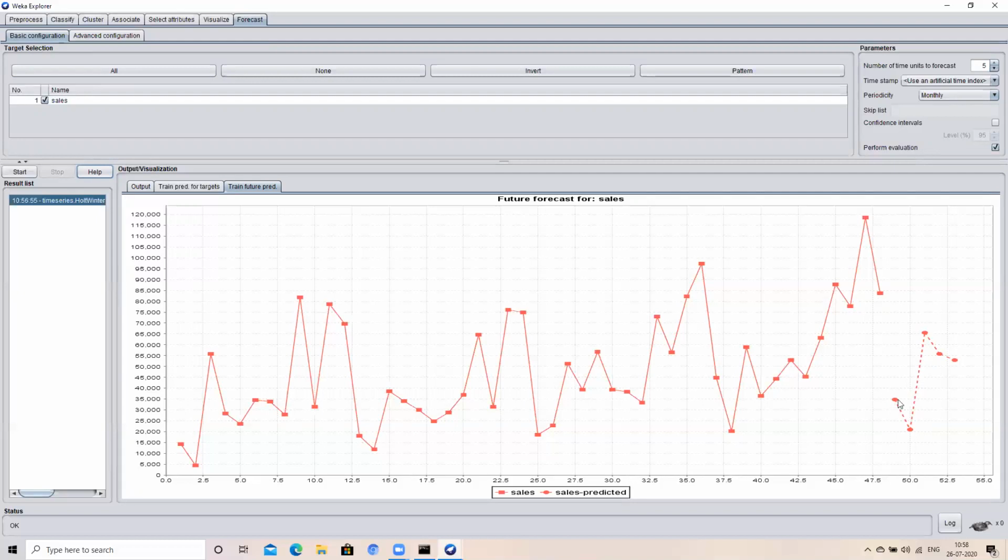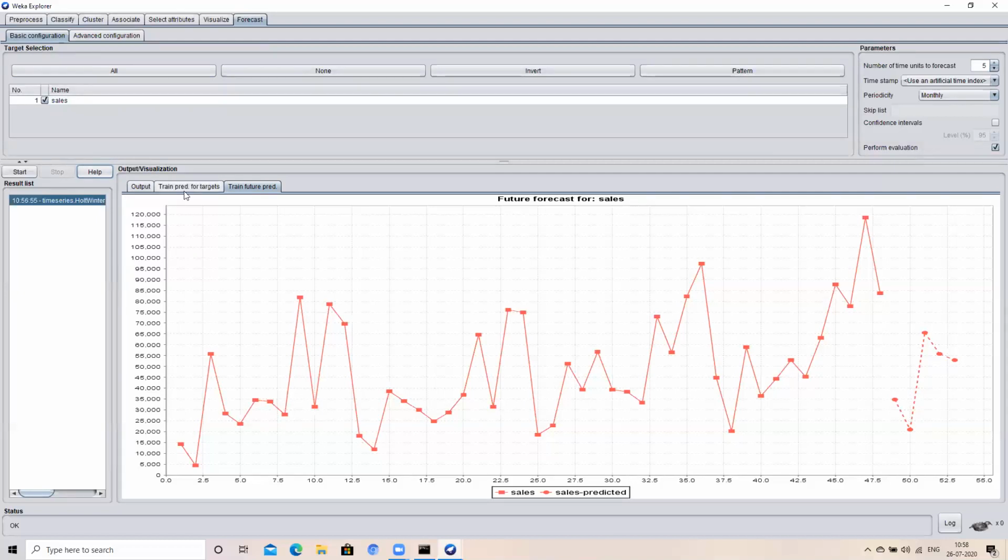This will be the 49th instance, until this is your 48th instance. 49, 50, 51, 52, and 53, those 5 months of forecast have been given to you.